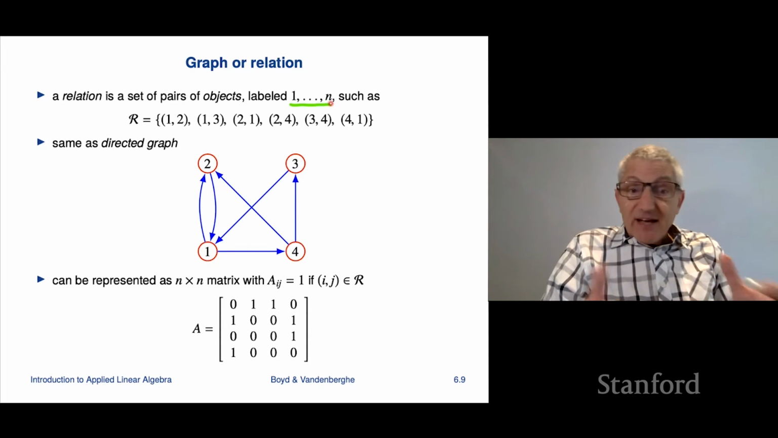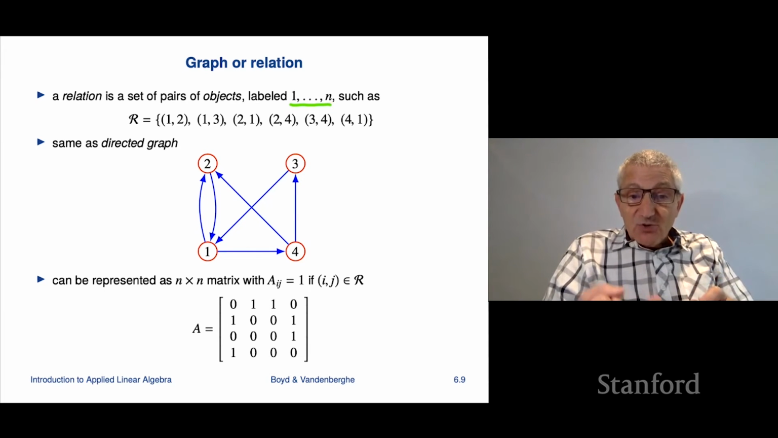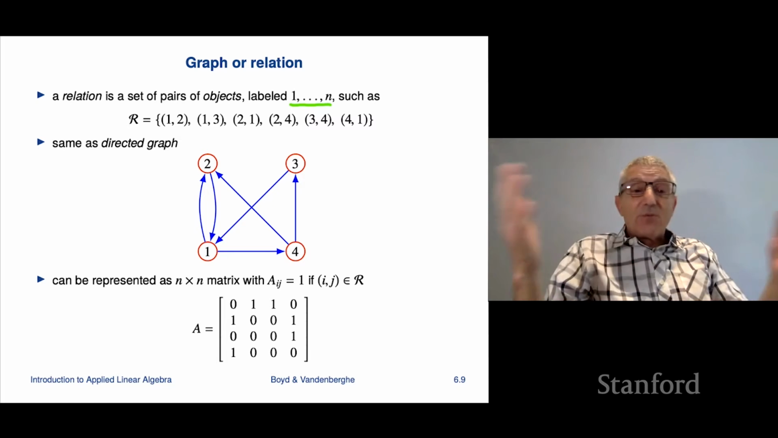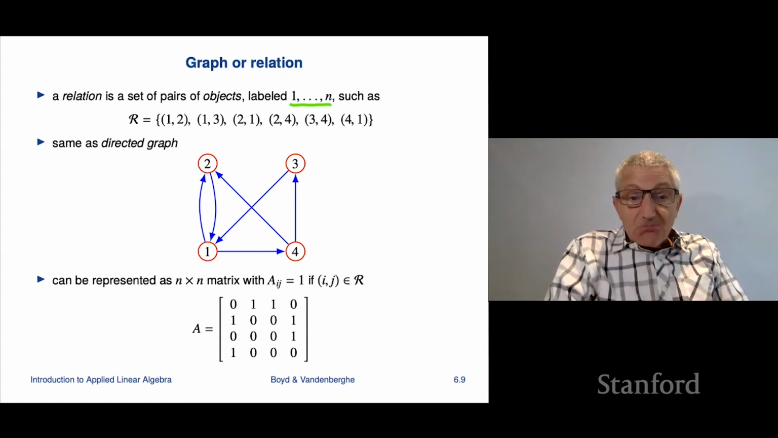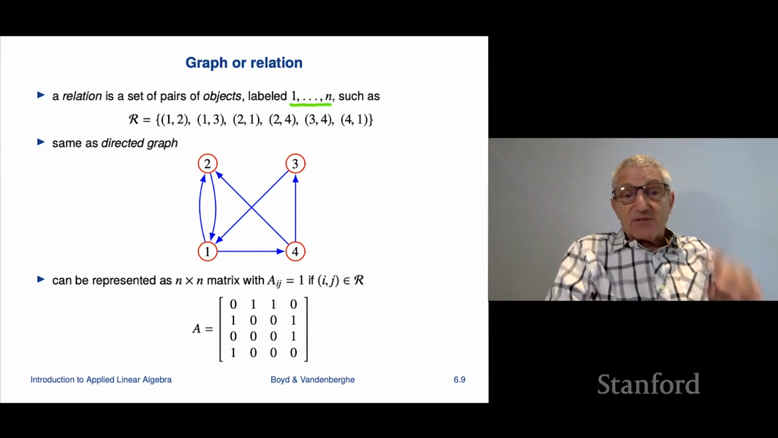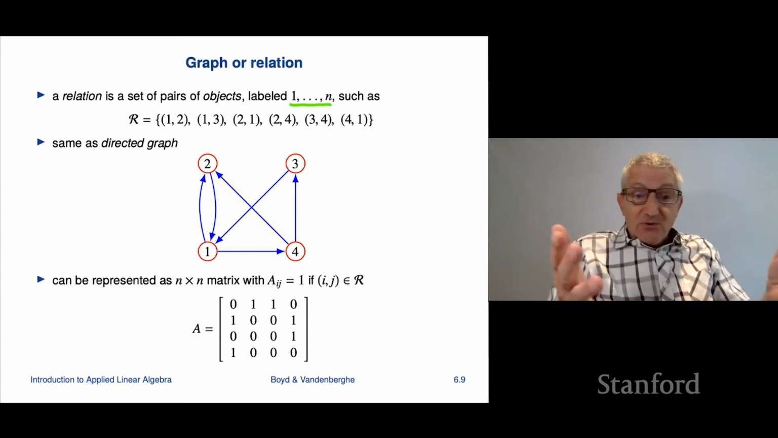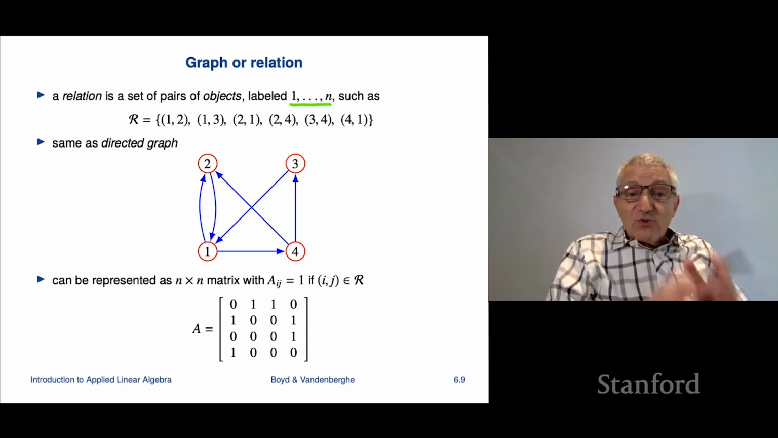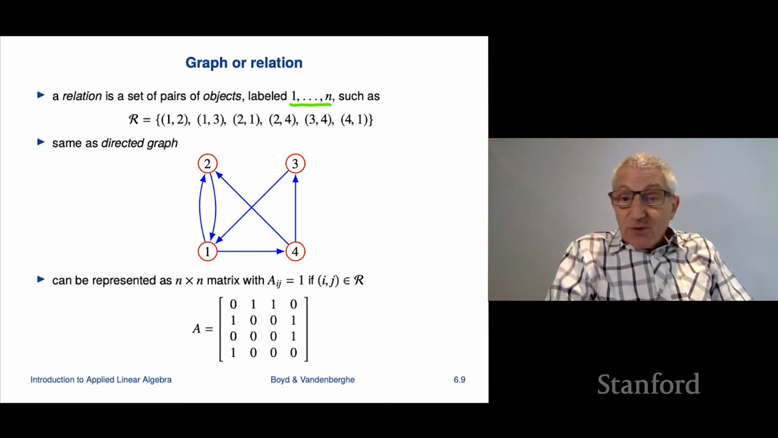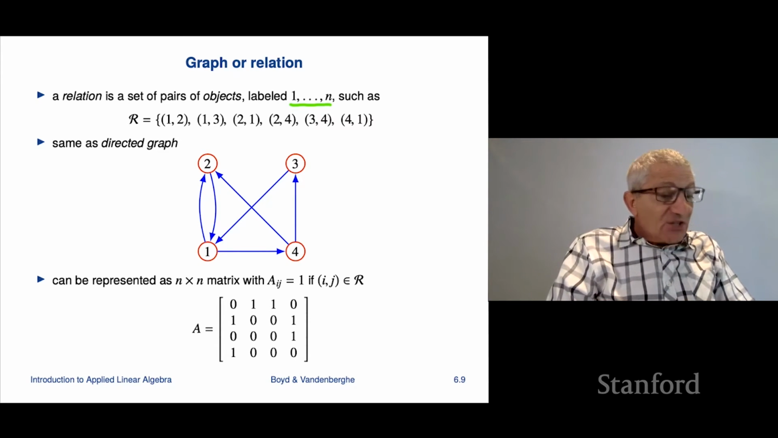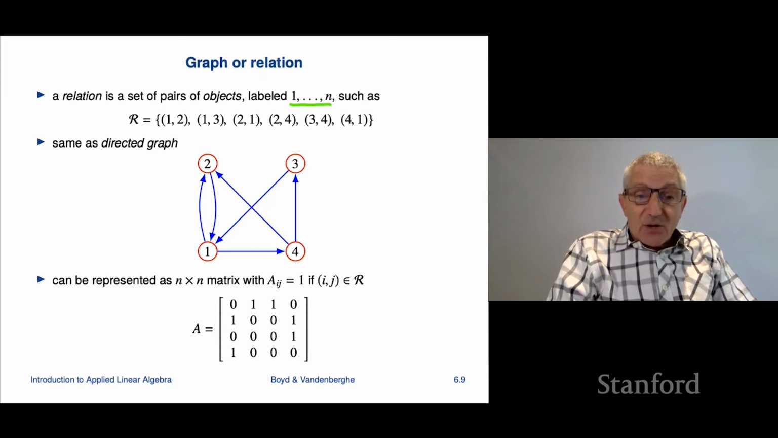I have a finite number of objects. I'm going to call them 1, 2, 3, up to n. By the way, they could have other names, like CEO, CIO, head of sales, I don't know, this kind of stuff. But we're just going to call them 1, 2, 3, up to n. And a relation is a set of ordered pairs among them. So for example,